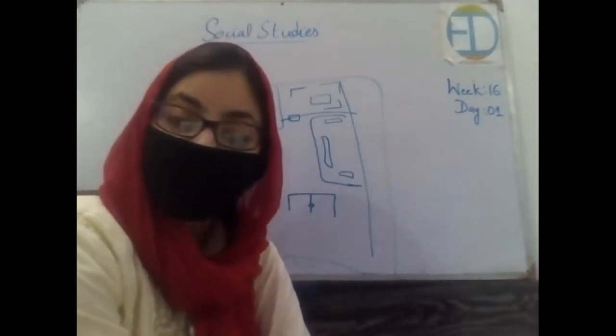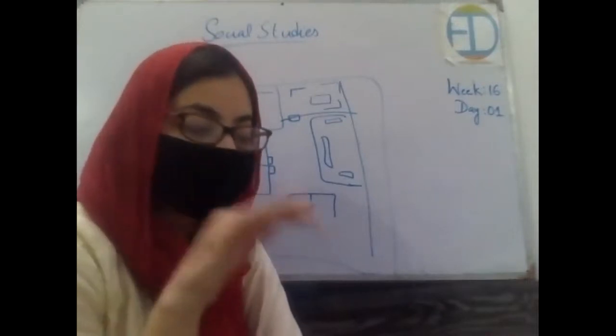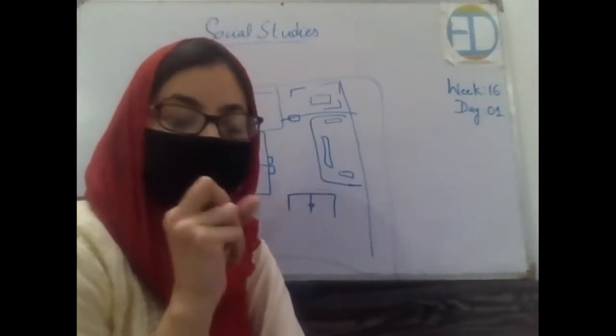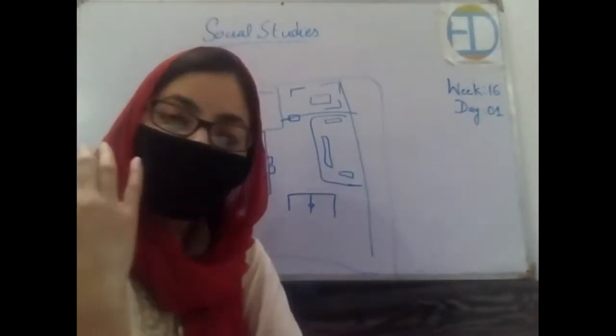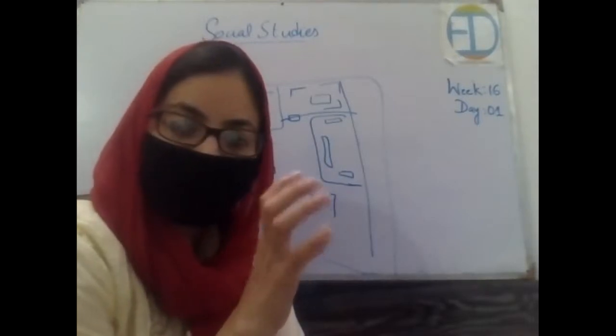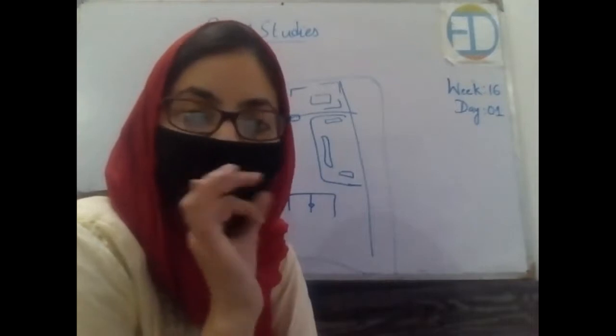What we have learned about the map. Now I want you to make a map as your home assignment. Like Sami has made a map of his area, you are supposed to make a map of your area. Go to your rooftops, look around you, take a picture of an area, and then make a map of that particular area that you have captured in a picture.